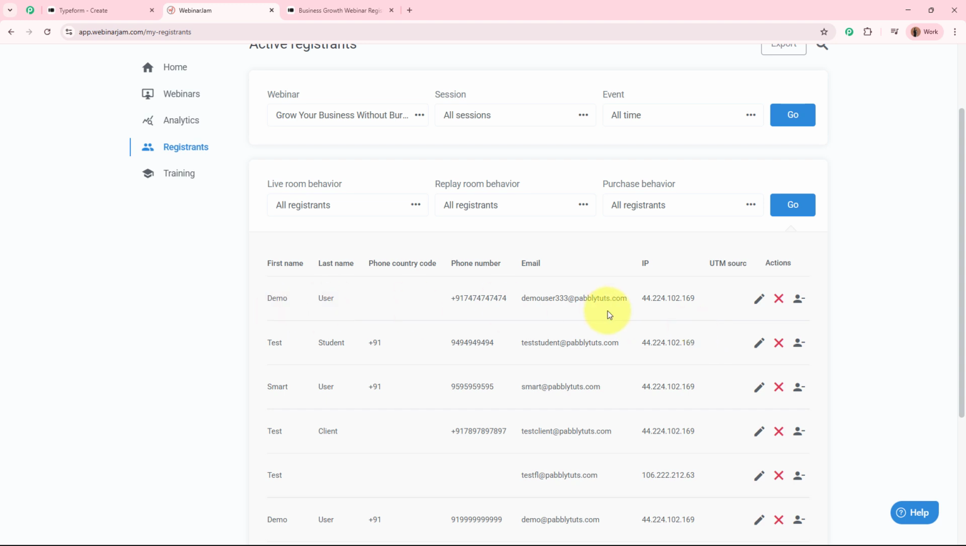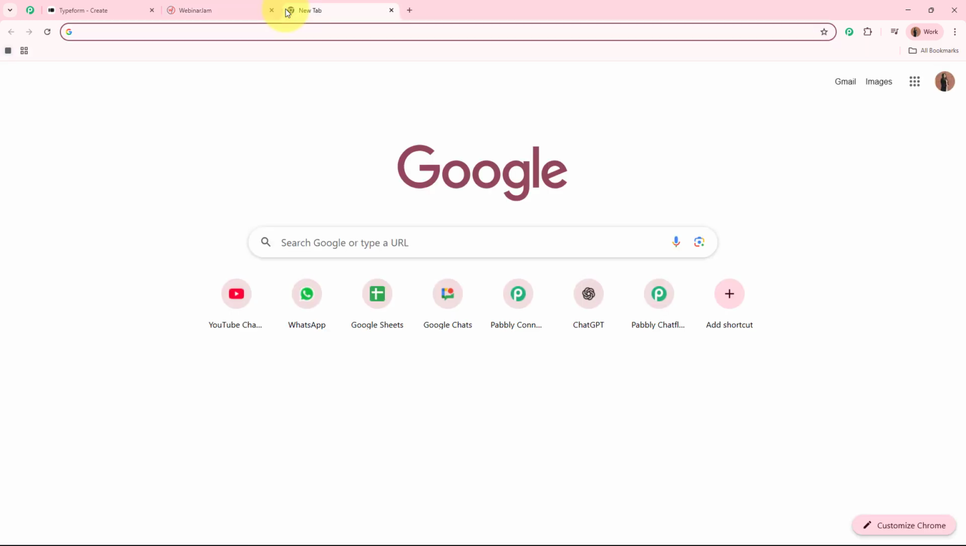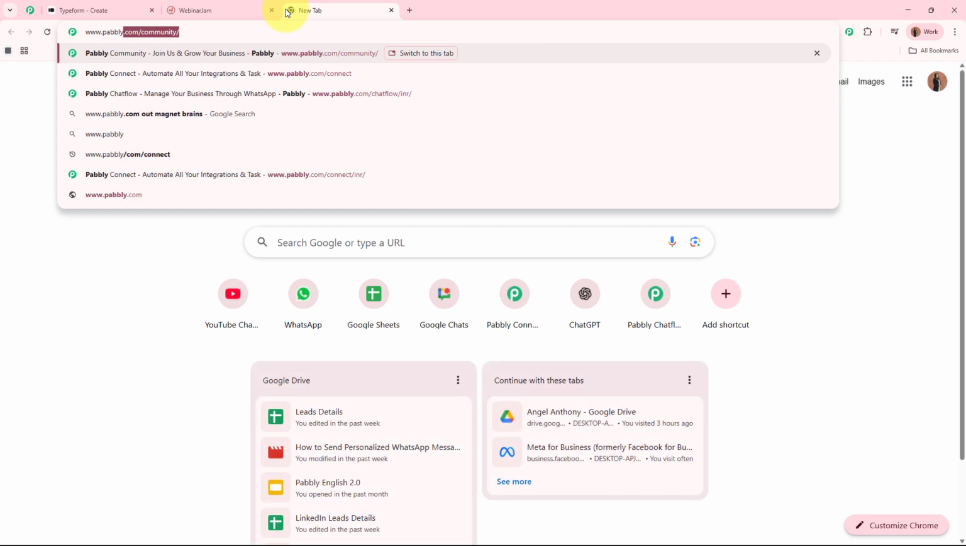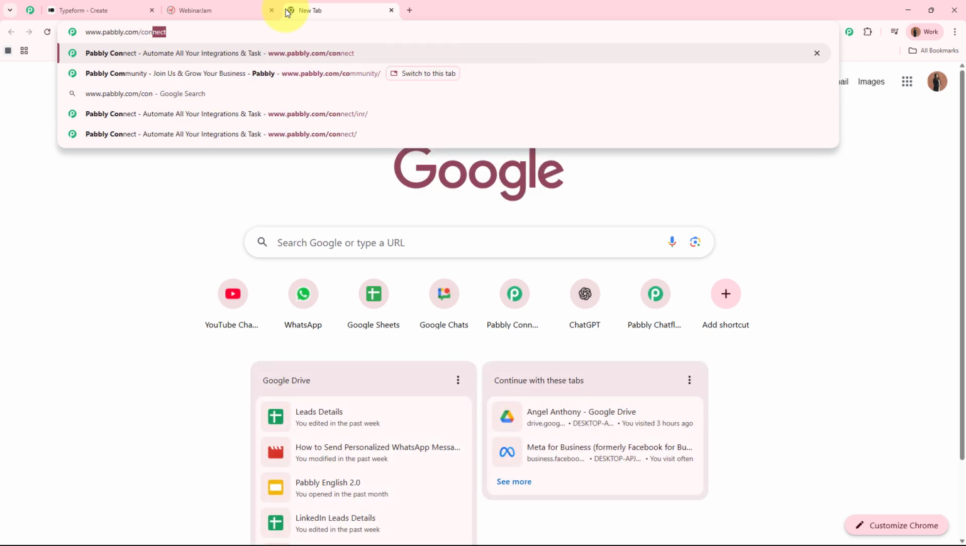Okay. So as you can see right over here, as the registrant is created, this is how this amazing automation will work in real time. And we are going to build this amazing automation without need of any coding and programming skills using Pabbly Connect. For that, on a new tab, I'm going to browse the website of Pabbly Connect, that is